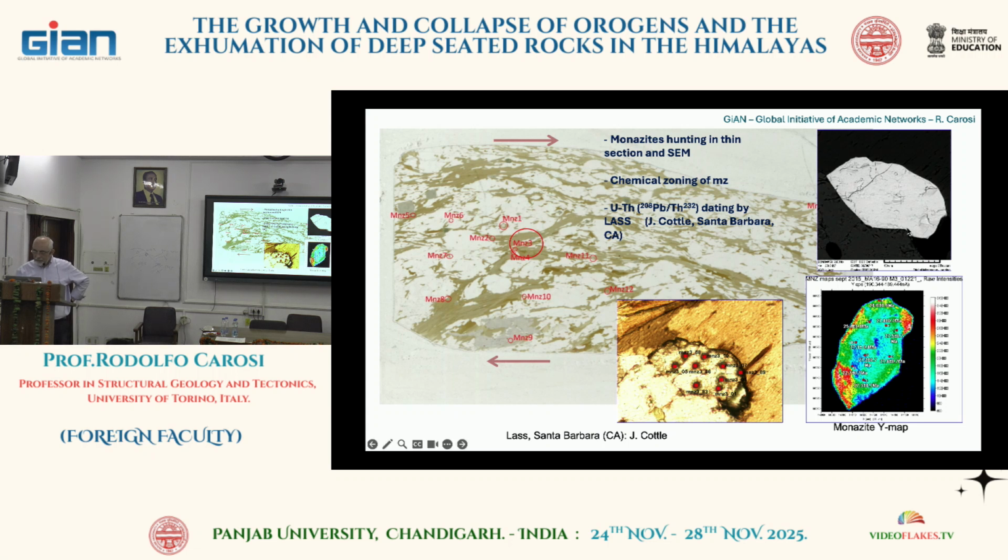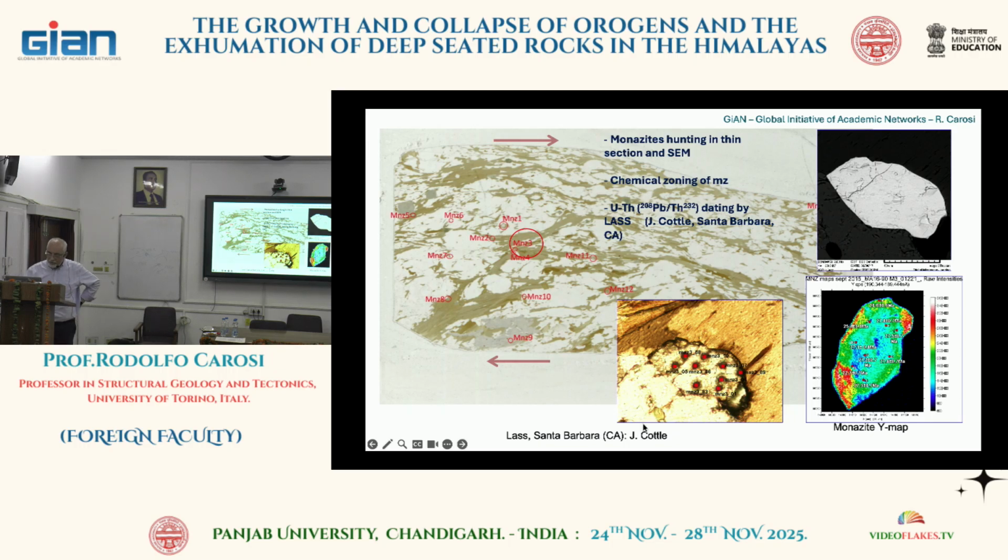This is the monazite. Then we made chemical maps of monazite. This is an example of an yttrium map. Blue, low amount of yttrium. Red, large amount of yttrium. The core is depleted in yttrium. The rim is enriched in yttrium. So then we went to laser ablation in Santa Barbara,